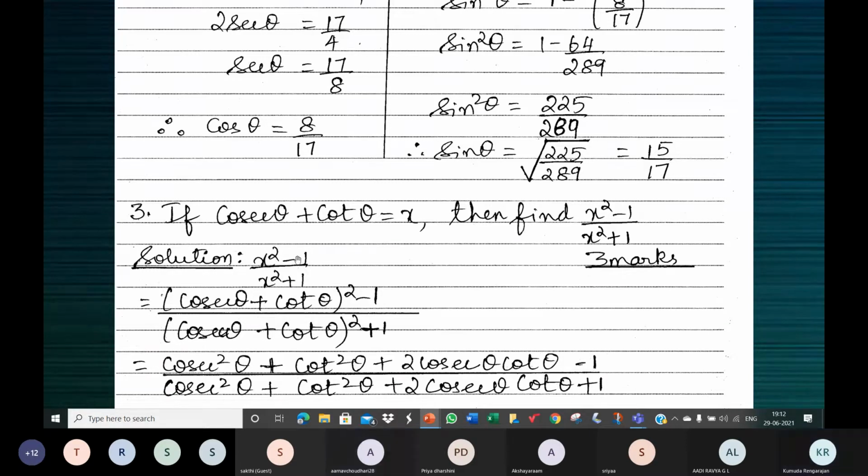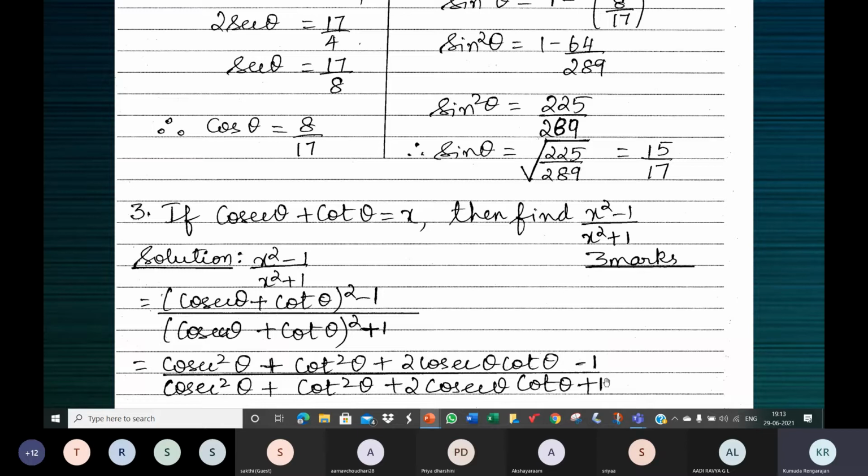Cot square theta. In the denominator, because see, cot square theta minus 1, can you find cot square theta minus 1? You have cot square theta plus 1. That is why we didn't do cot square theta minus 1. We did cosecant square theta minus 1 because we know that cosecant square theta minus 1 is cot square theta. In the denominator, we will not do cosecant square theta plus 1 because we can find only cosecant square theta minus 1 using the identity. But we can find cot square theta plus 1. What is cot square theta plus 1?